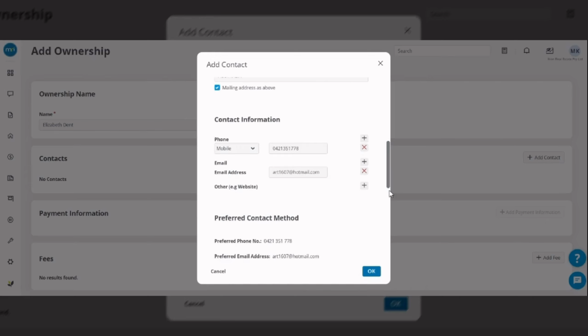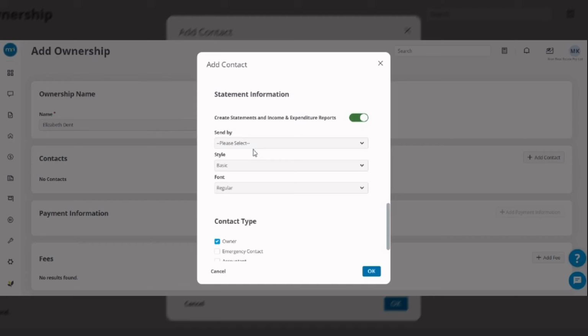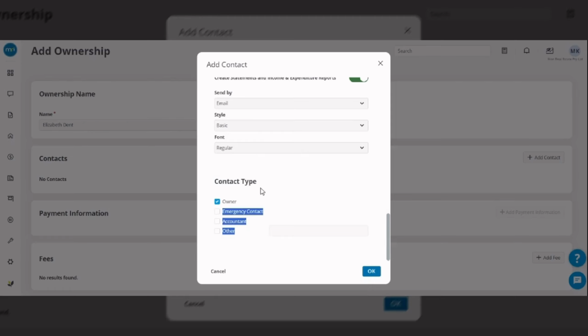Then you have the information that statement information should be sent by email, right? Style would be basic and font would be regular, and the contact type is owner.